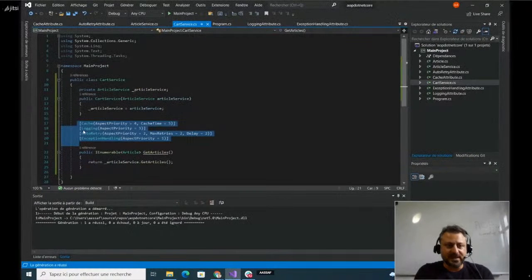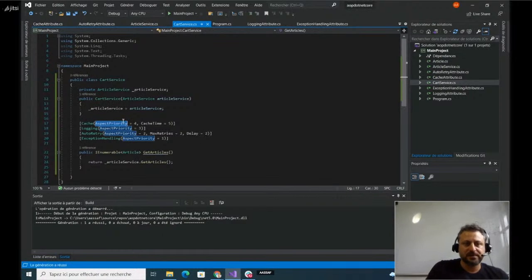Here, in my example, I have used what we call aspect priority to have the cache on top, the logging after, then the auto retry, and the exception handling. Because if I increase the priority of exception handling, the web exception will be handled before by the exception handling, and like this we will no more call the auto retry.